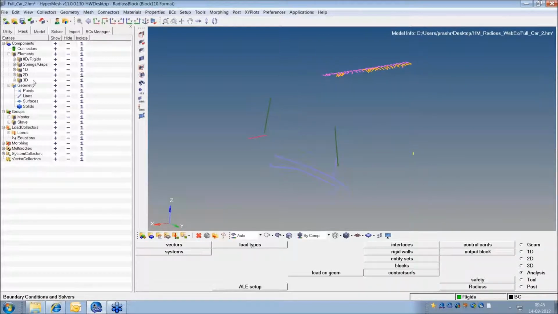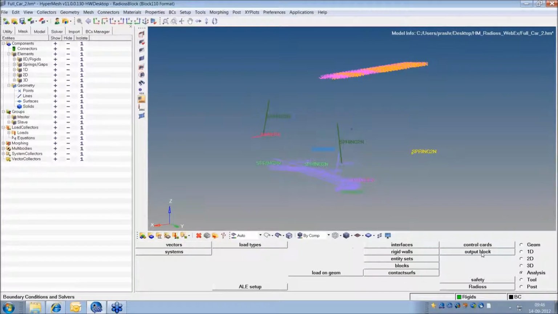So now I switched on the springs. I have isolated only the springs and only elements, so they are the springs and beams. Now the intention of putting these in the output request is that you have defined the suspension spring, and you have defined some joints, and I want to see the forces. I may be interested in seeing the forces coming in these 1D elements, suspension forces and joint forces. To see that, those springs, those 1D elements, have to be in the output request.